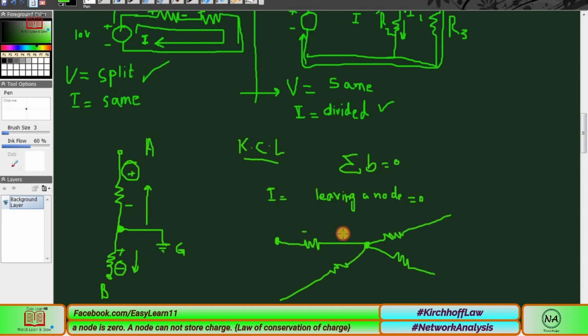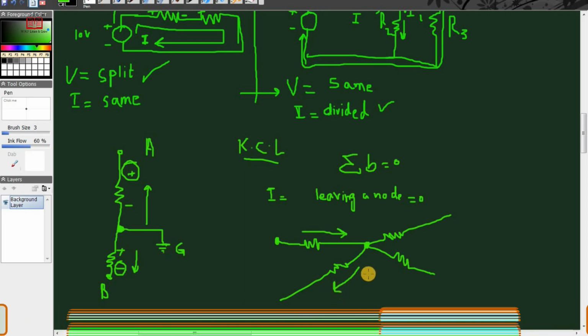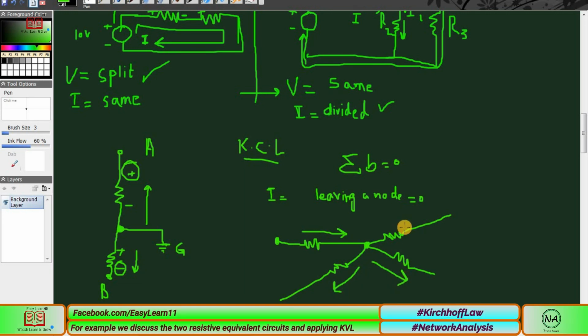So if the current is entering from this side, and there are two or three paths, let's suppose there are three different ways, and 10 ampere current is entering this node, we will call this node N. And if 10 ampere of the current enters at this node, there must be the same current that exits